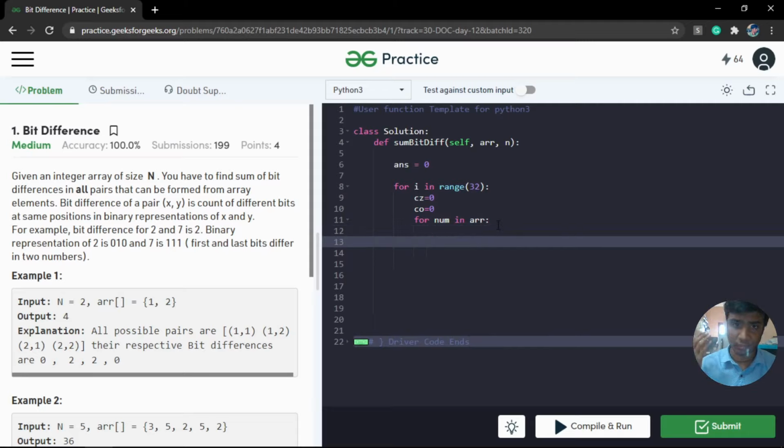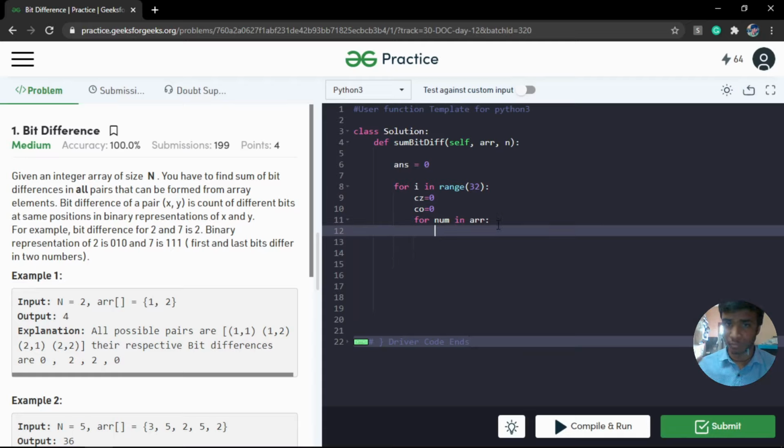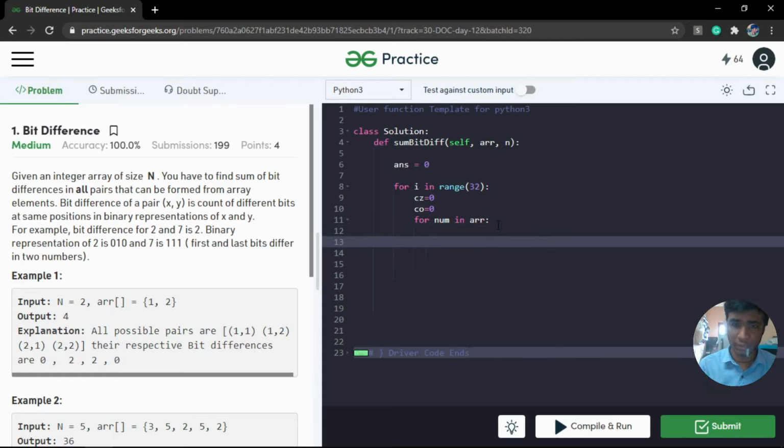If you're not familiar with how to check whether the bits are set or not, there is a beautiful article on Geeks for Geeks specific to bit manipulation, and bit manipulation is something which everyone has to understand. So kindly check that out. So I'm going to check whether the ith bit is set or not. For that I'm going to do: if num right shift of i, and 1, is equal to 1 or not. If it is equal to 1, then